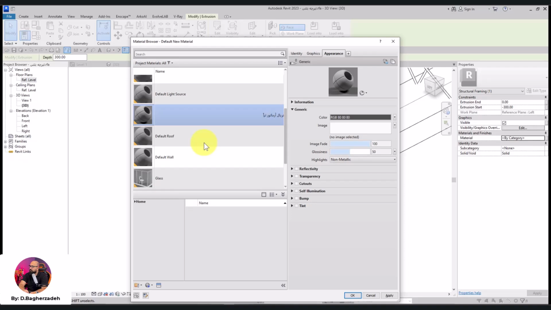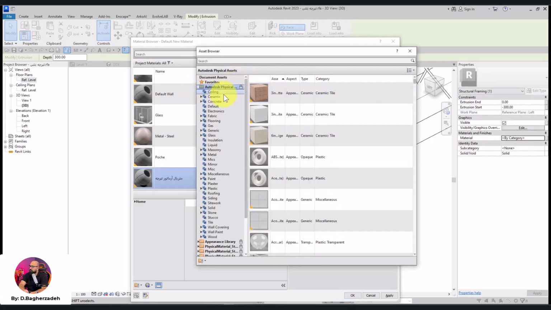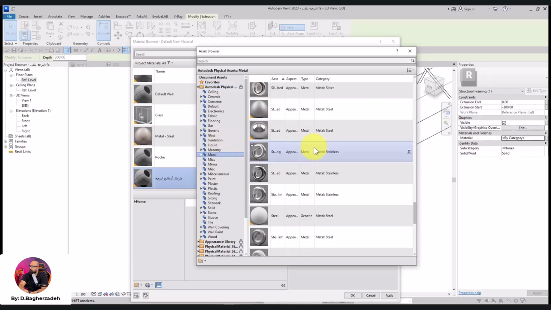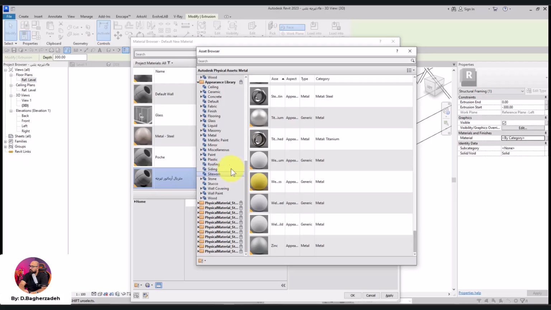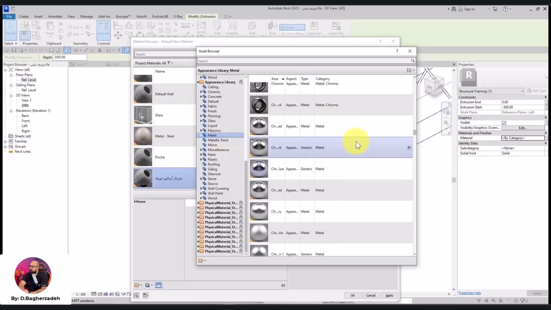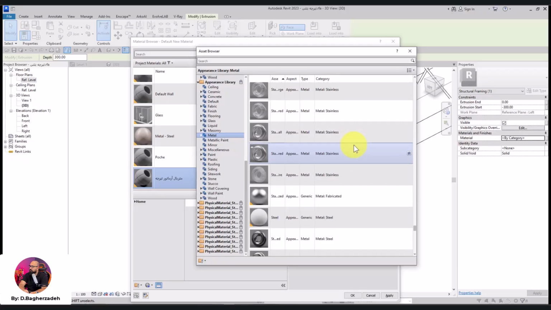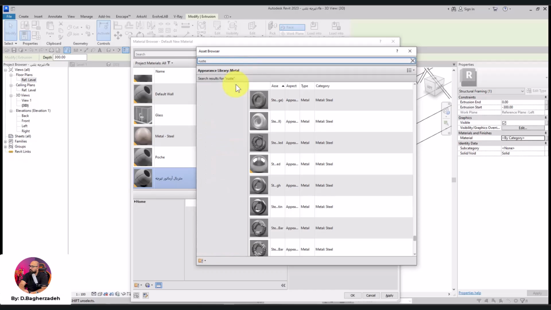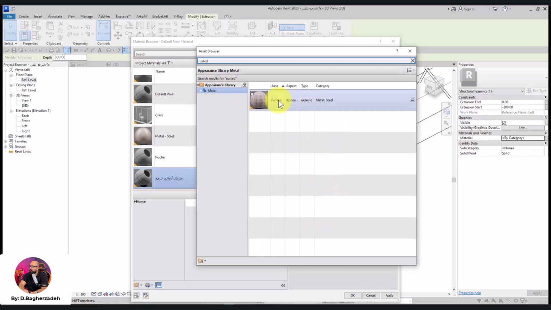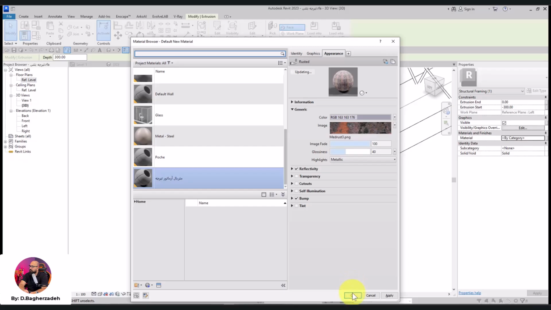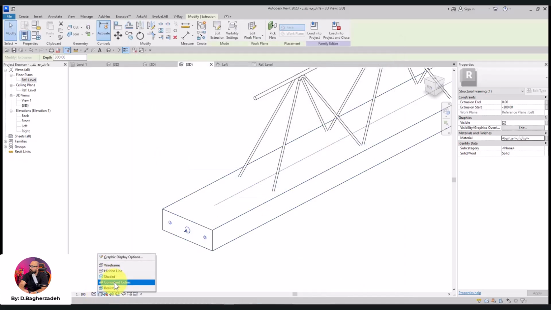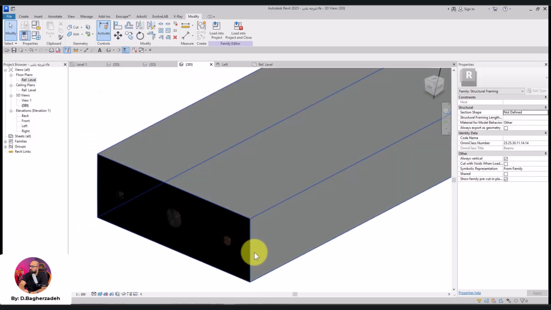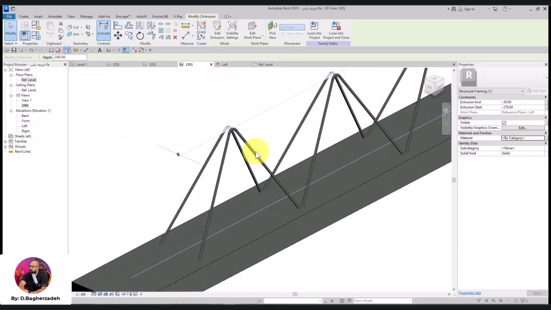I name it armature materials. And then in asset browser, I want to consider a material for it, or an asset actually. Let me see, in metal, I scroll down, let me see, rusted iron, here it is. I choose this asset for it, and okay. Realistic visual style, look at this, and then let me choose the